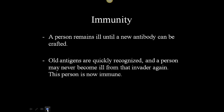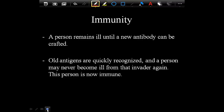So how does this work in with immunity in the immune system? Well, a person is always going to be sick until the antibody can be made for that antigen of that virus or bacteria that's causing the illness. So you don't get better until your white blood cells start making antibodies for that particular cell or virus. However, if you've already had a sickness and then you're exposed to it again, that means you already have those invaders